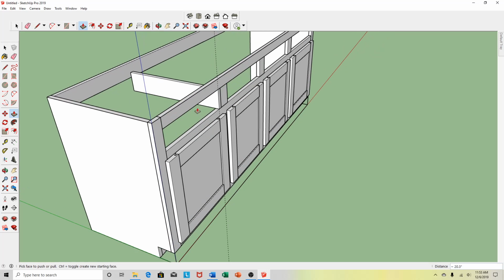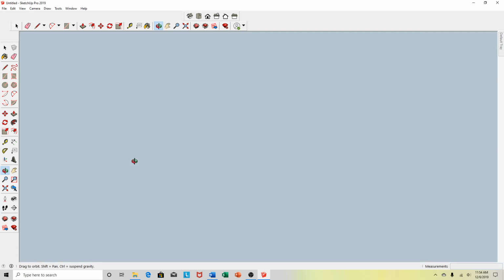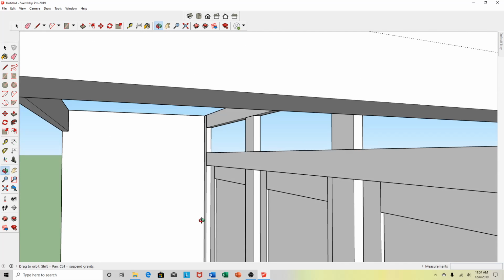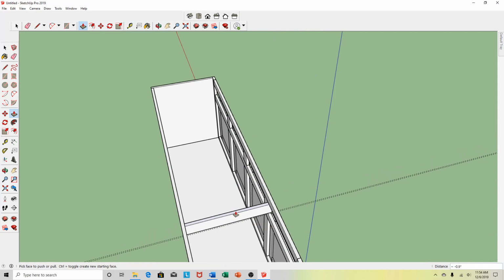Okay, good. All right. I don't need that guideline. A few things I have to do here. As you know, I need to push this one up 0.5 and a little more clearance for construction purposes. And this one, close it here. Now I need to push this one up. It's really hard to see. Okay, good. I'm going to use my push pull tool, then zoom out and line it up with this one. And I have to push this one down 0.25. Okay, that gives you good